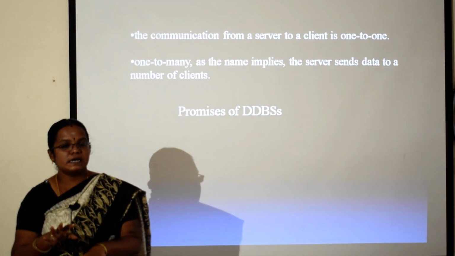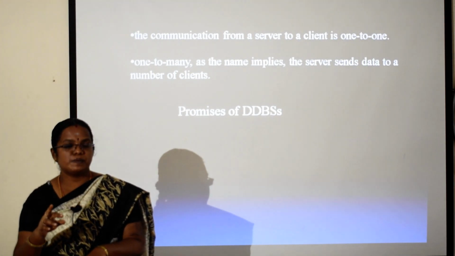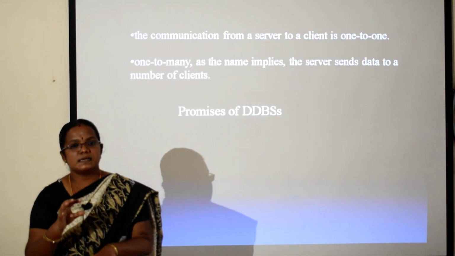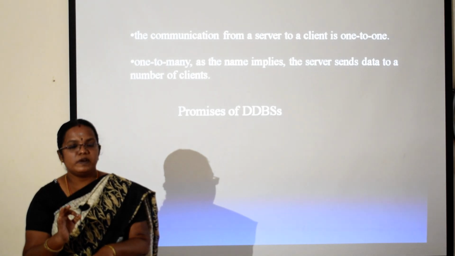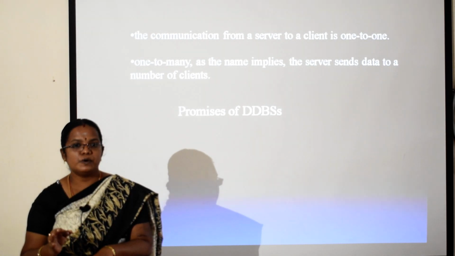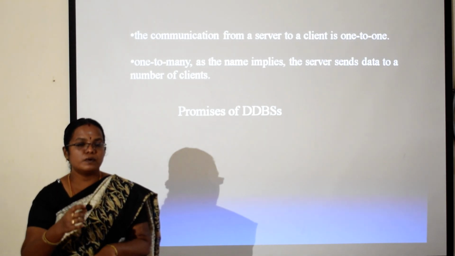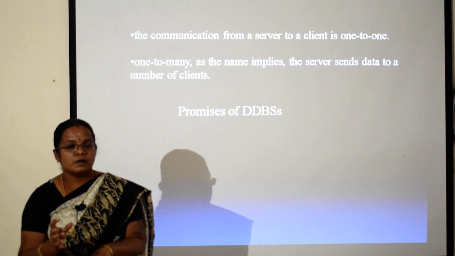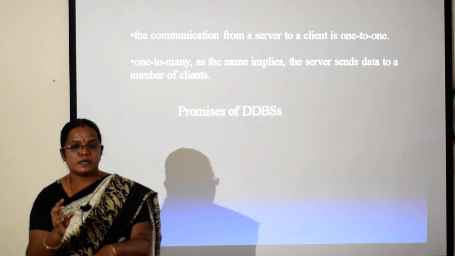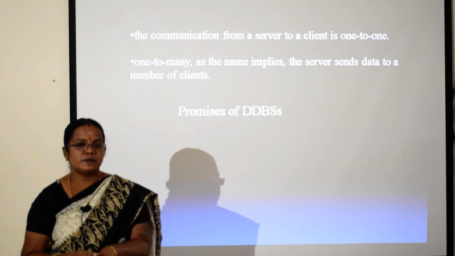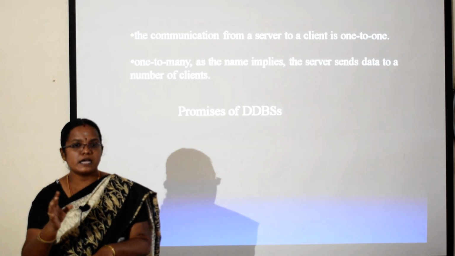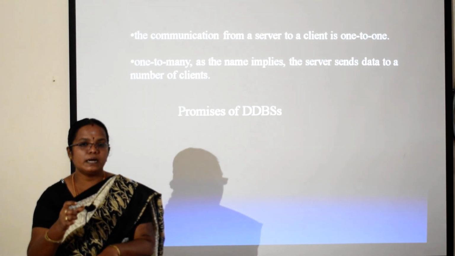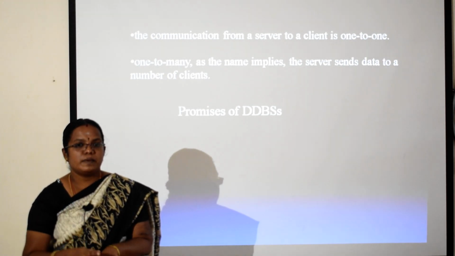Next one will be network transparency. In that we are going to have two types of transparency: one is naming transparency and the other is location transparency. If it is a centralized system, the data is the only resource we have to take care of. Whereas in a distributed environment, the second type of resource we have to take care of is the network. It should provide two types of transparency, location and naming. In location transparency, without worrying about where the data has been stored, a user can access the information. Whereas in naming transparency, we are going to provide a unique name to each object in the database.